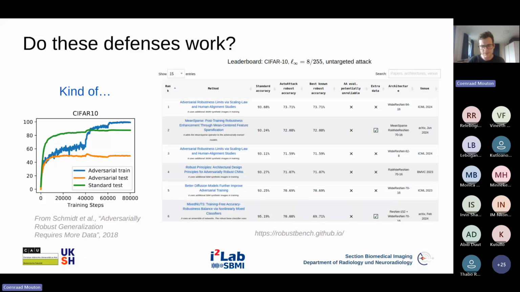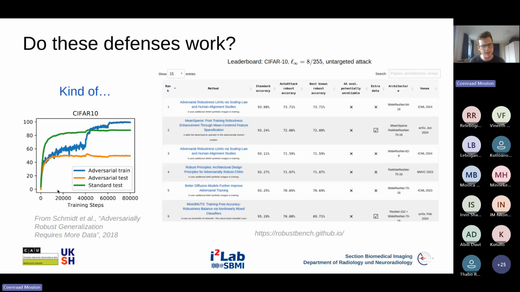Now, to make matters worse, how we got to the 73.71% is actually also not satisfactory at all. One of the big issues with doing something like adversarial training, or even with margin maximization methods, is something known as robust overfitting. So I want to direct your attention to the graph here on the left side.